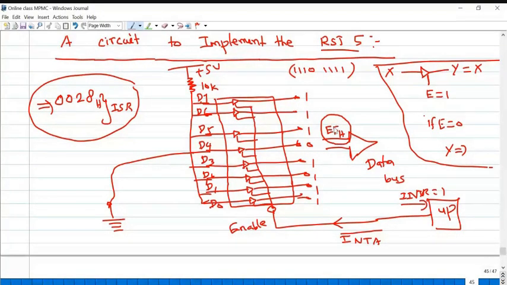Okay. In the next class, we will draw the timing diagram for this interrupt acknowledgement signal. So far we have completed opcode fetch, memory read, memory write, IO read, IO write. Another machine cycle is called interrupt acknowledgement. Now you have an idea. Now, what do you mean by interrupts? An interrupt is a signal sent by the external hardware to the microprocessor, requesting some services from the microprocessor. To serve the external devices, microprocessors have 5 hardware interrupts.